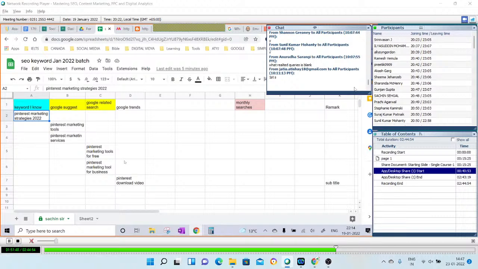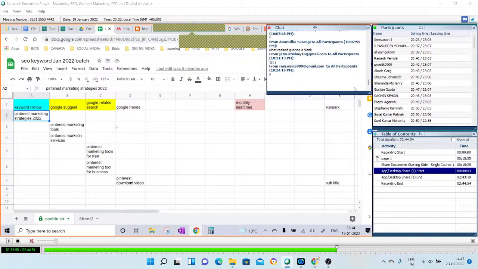Where else can it be used? You should not be focused on finding only one keyword. This is the main objective of this exercise: we need to find the combinations so that we start building the content around the main keyword, and then we make the segments for the different keywords inside. Only then can we achieve that benchmark of having at least 500 plus words.